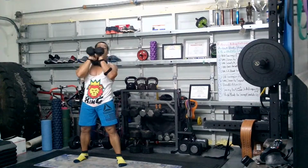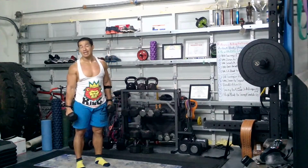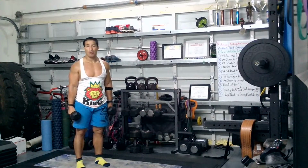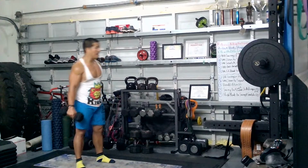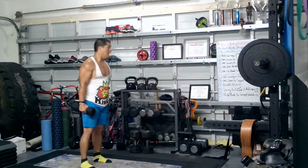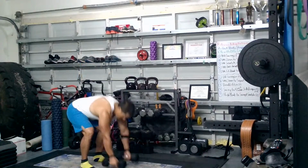Woo! And now we have, so slow, bring it out, high plank to double snatch. Remember, if you can't snatch, keep it light and just bring it from ground to overhead. Keep the dumbbell close to your body as best as you can. We have 10. High plank to swing and snatch. Ready? And high plank,